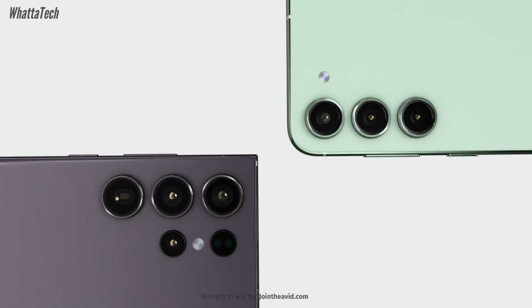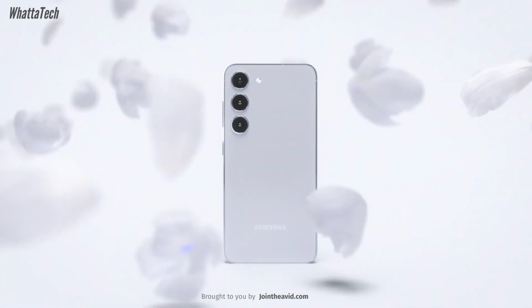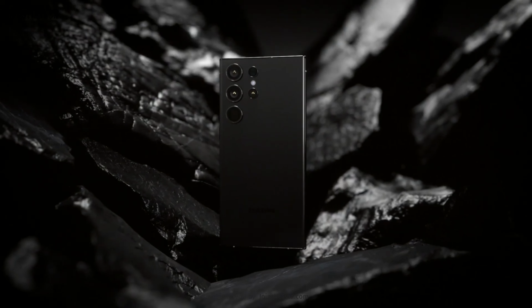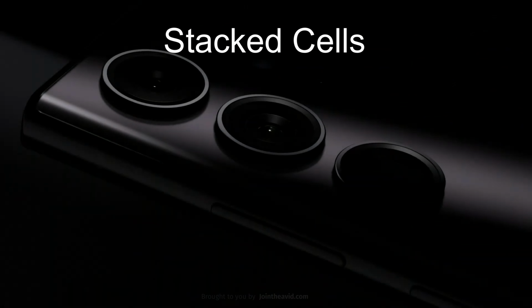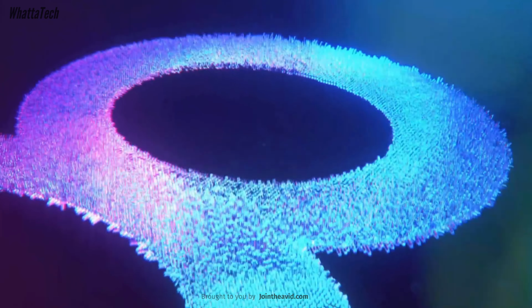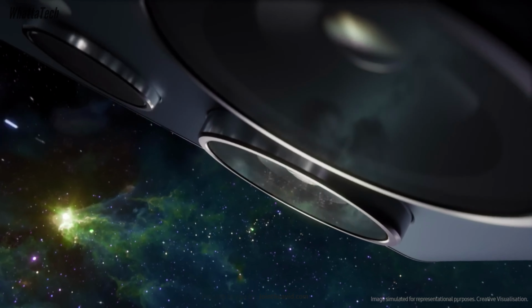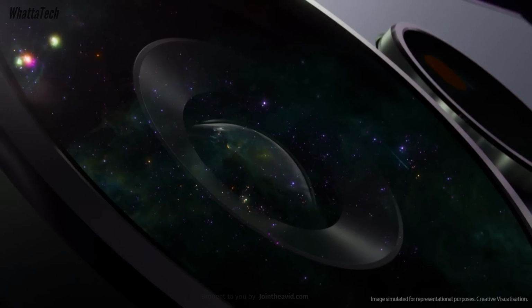and the S24 Ultra. Now, according to a tipster, the S24 Ultra and S24 Plus could see a 45% hike in fast charging. Yeah, that's a big thing. And it will also have an insane battery life thanks to a technology called stacked battery technology, also known as stacked cells. Now, this involves arranging multiple battery cells on top of each other to increase the capacity and performance of the battery. This technology allows for higher energy density, meaning more energy can be stored in the same amount of space. Now, the use of stacked batteries can also improve the charging capabilities of the devices, allowing for faster